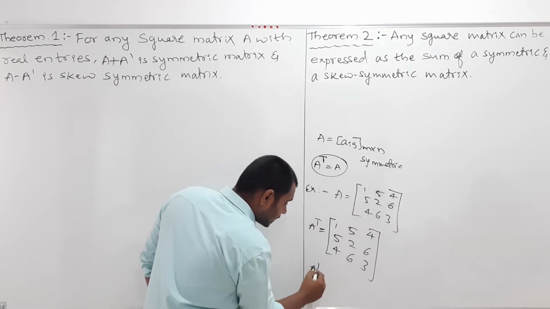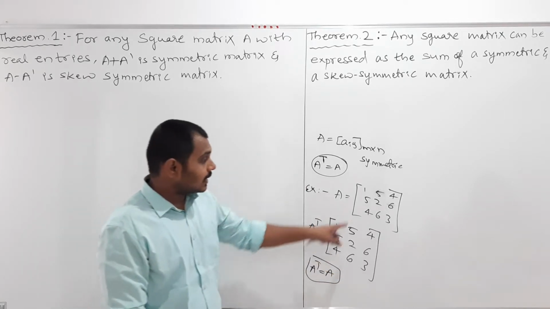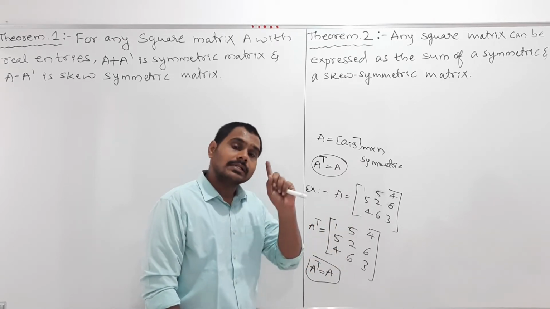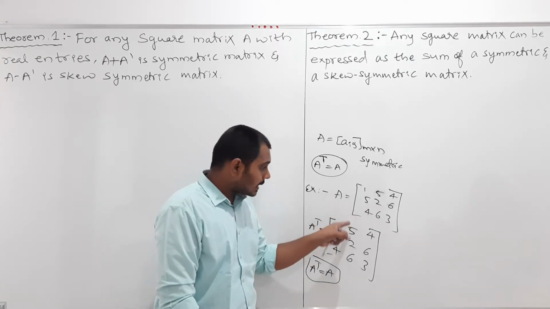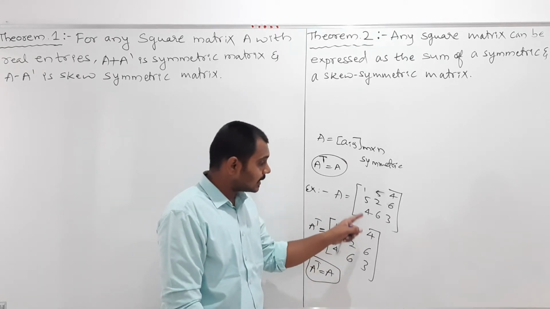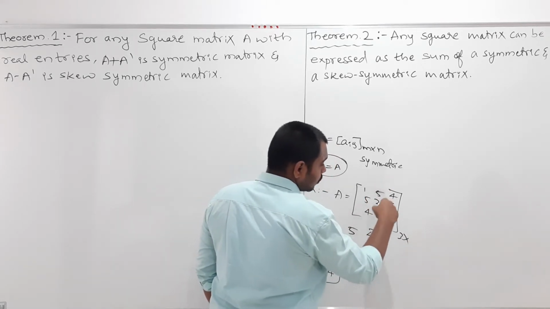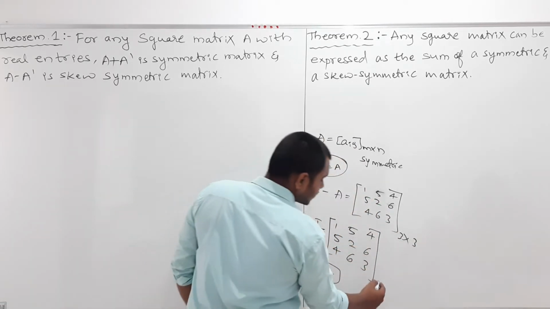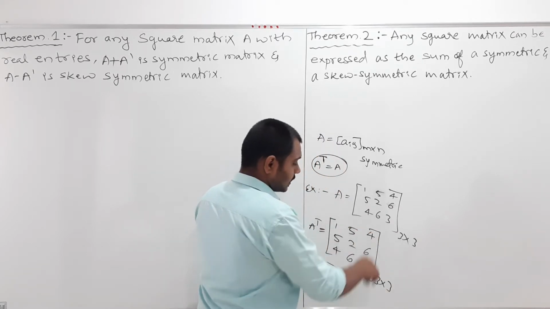Now can I write A transpose equals A? Yes. When do we say that two matrices are equal? We discussed in the previous videos the equality of matrices. Two matrices are said to be equal if they are of the same order. So check here: what is the order of this matrix? 1, 2, 3 cross 1, 2, 3, that is 3 by 3. The order of this matrix is also 3 by 3, because 3 rows and 3 columns are there.